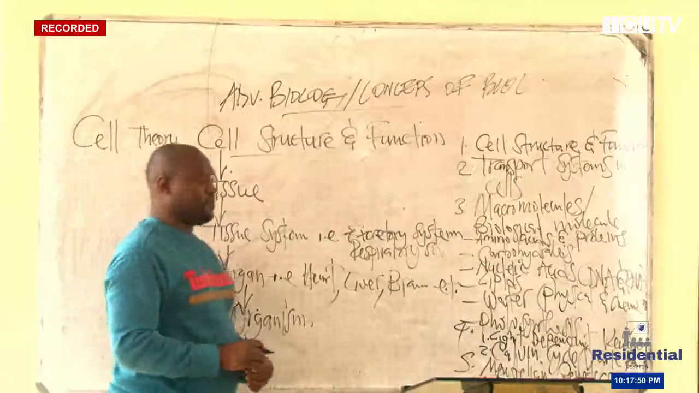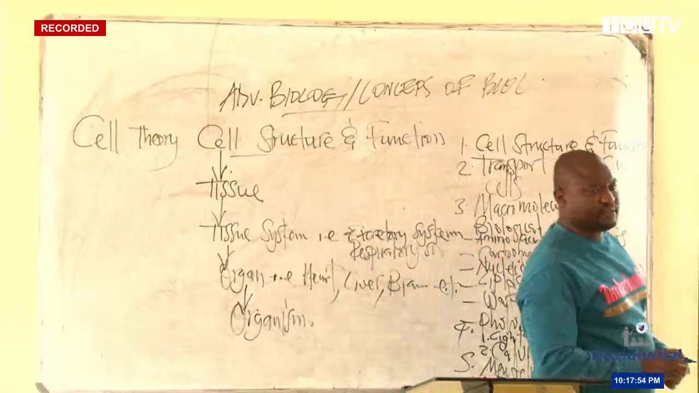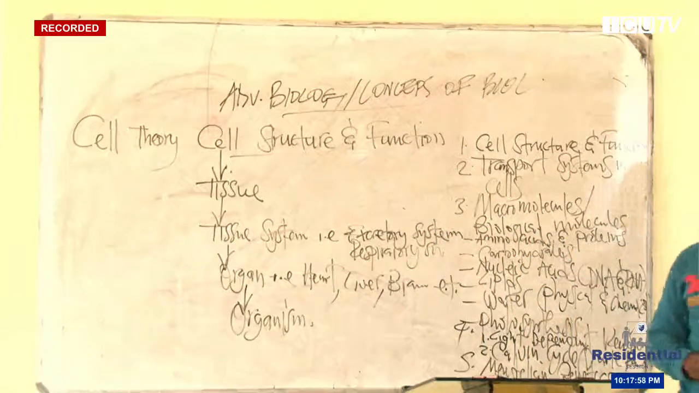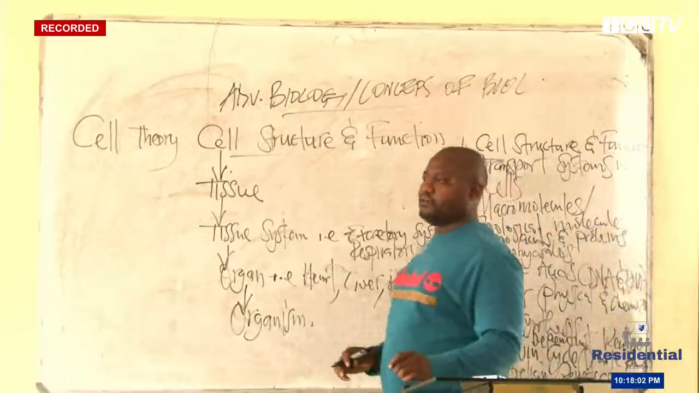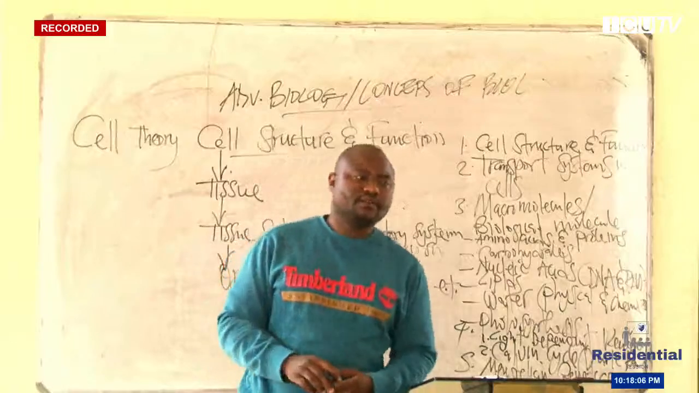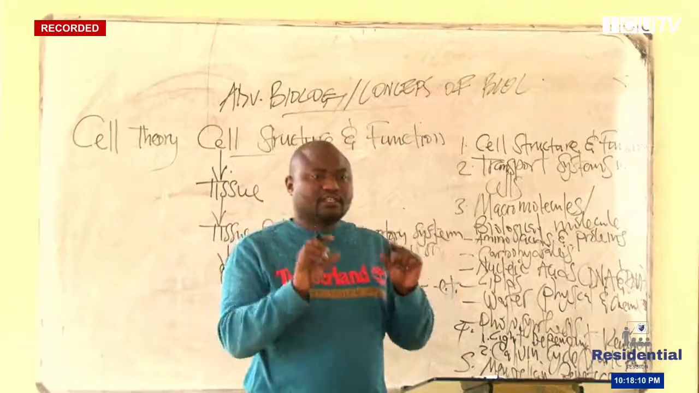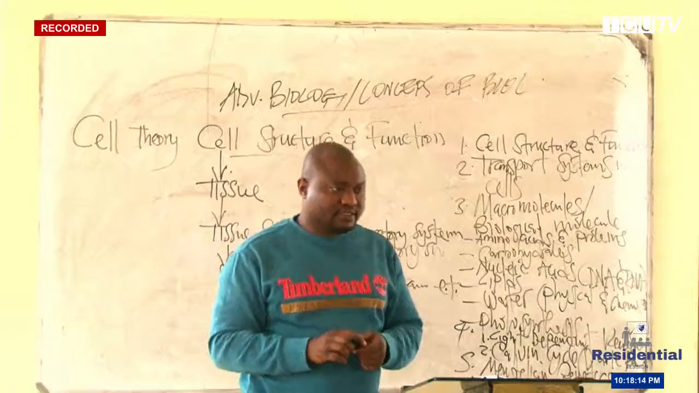Cell theory. What does the cell theory state? So the cell theory states that a cell is a basic unit of a living organism. That is the first statement. A cell is a basic unit of an organism,